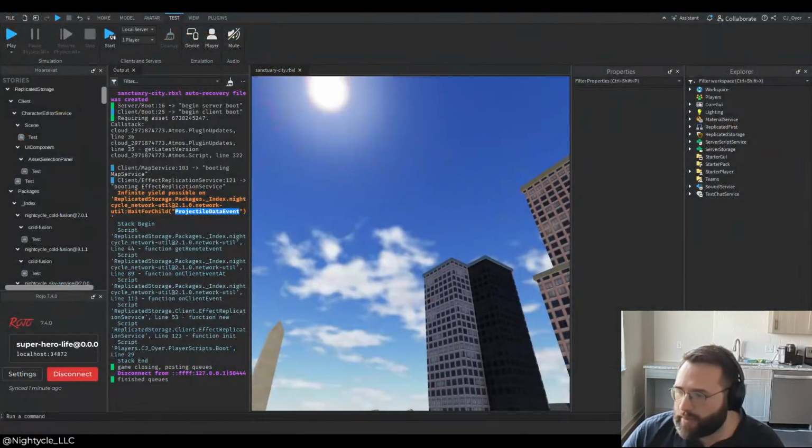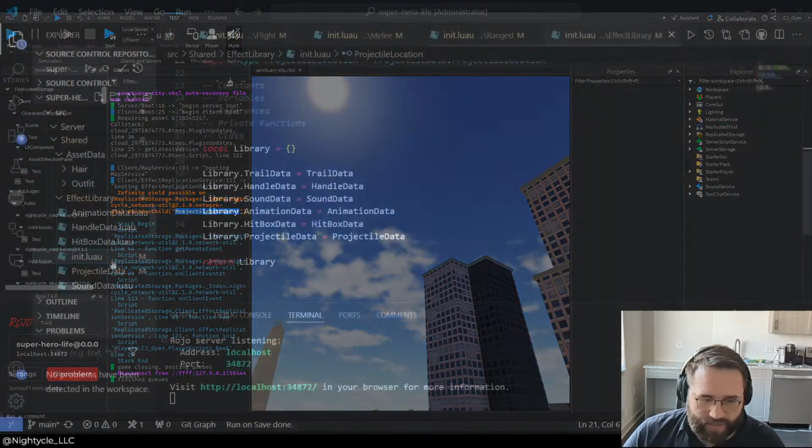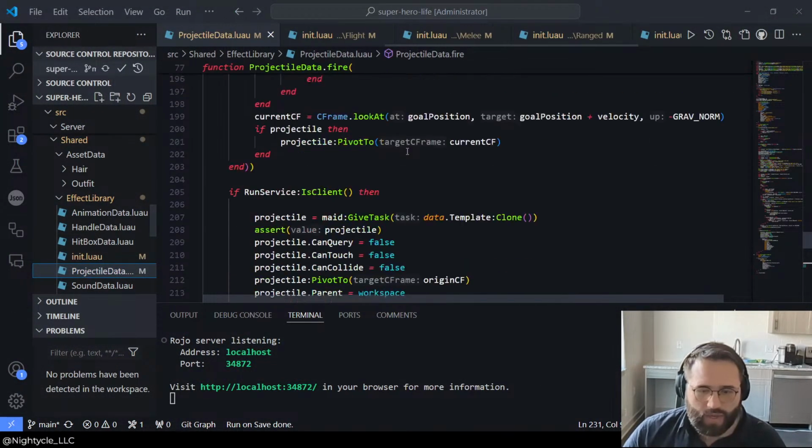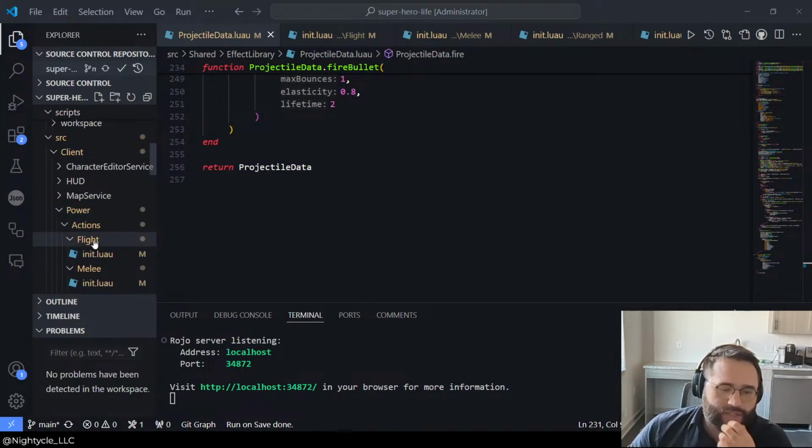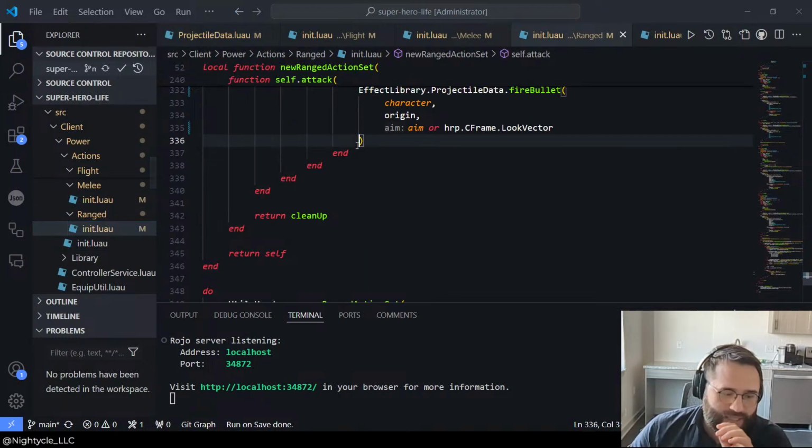It should be able to find projectile data. So, oh, it's because there's okay, so here's how the projectiles are going to work. Basically,